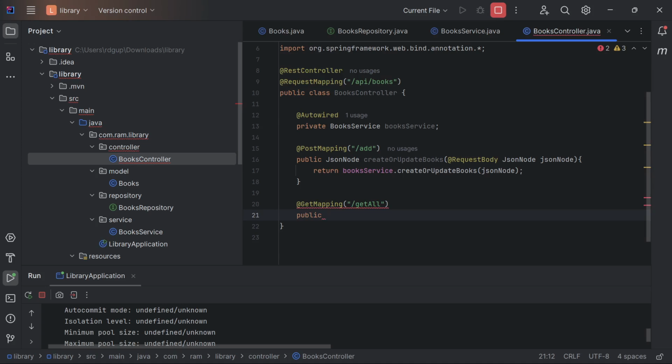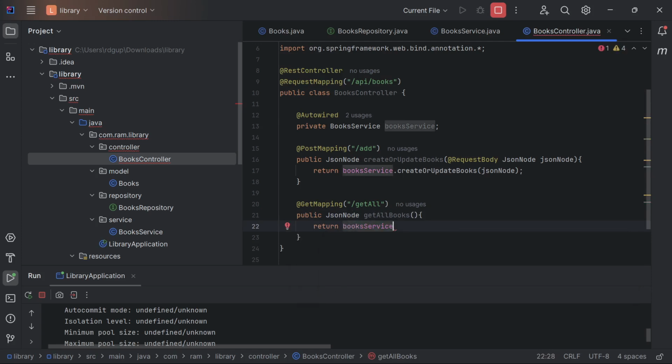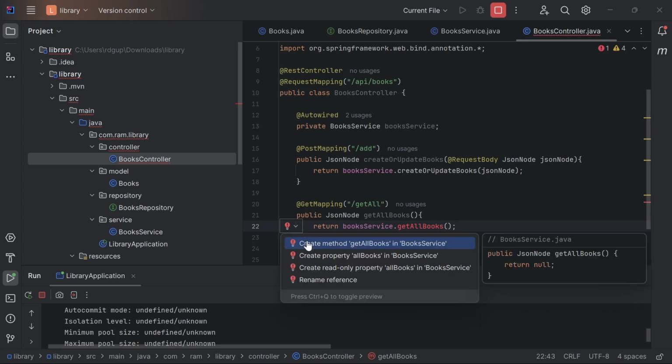And public JSON node get all books, and just return book service get all book. Since the get all books method is not available in book service, first we are going to create this and